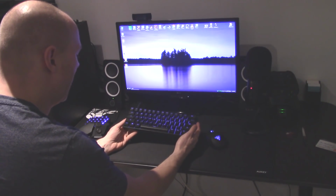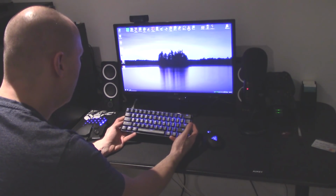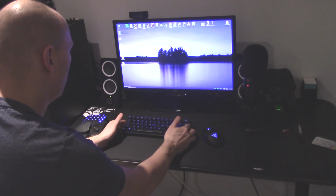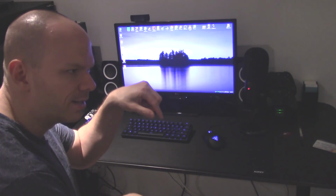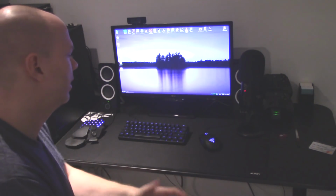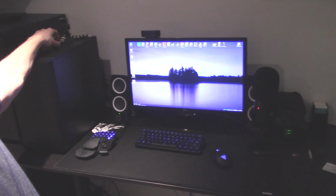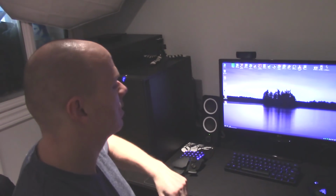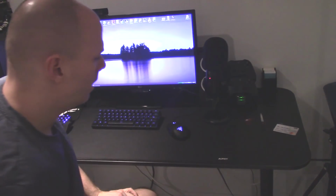This is an Anne Pro with RGB lighting, not that I give a fuck about that, I just have it set to purple. And it has Gateron Browns, which are the most linear feeling of all the tactile switches I've ever felt. The bump happens really early in the key press, so like the rest of the way down it just feels like a red switch. I just switched from a V60 Mini recently, and of course the camera usually goes right up here on this little tripod that I got off Amazon for some arbitrary amount of money. Modem gets stored back here, and 2 Xbox One controllers that share double duty between this and